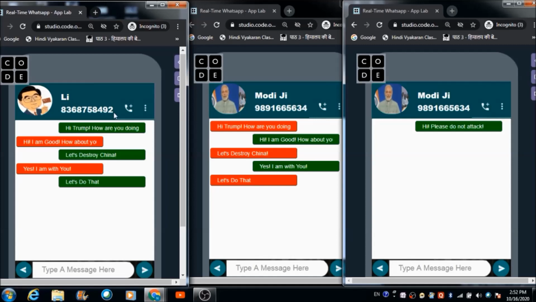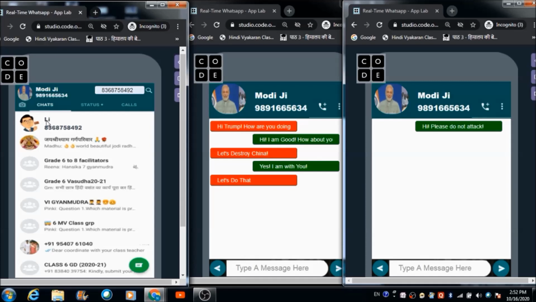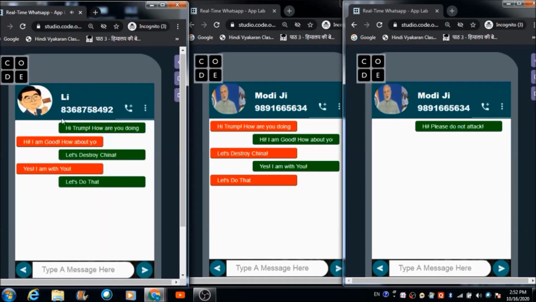What I want is, when Modi ji comes to Lee's profile and hits Lee's name over here, he should see everything blank. I don't want to see the messages which Modi ji had sent to Trump. So what is the code that we can use? How can we get rid of these messages that Modi ji had sent to Trump earlier?